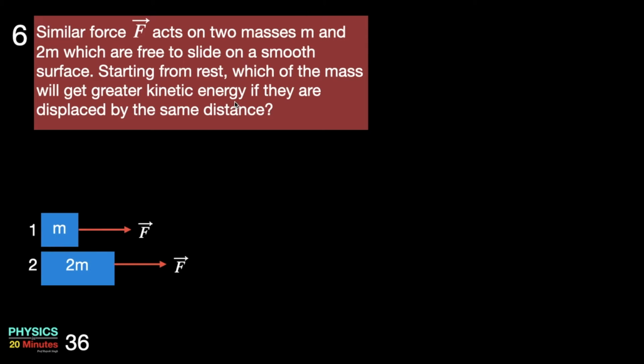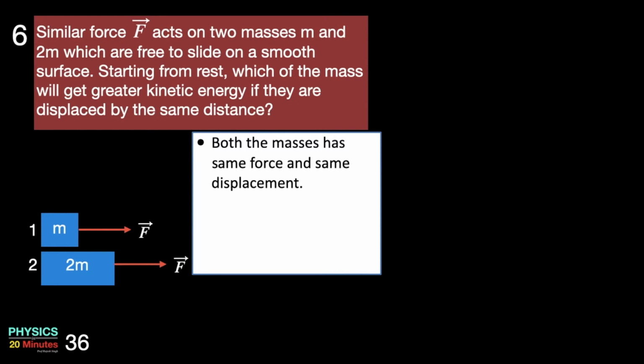If you do it from Newton's law, it looks like a tricky question, because the small mass will undergo larger acceleration and the larger mass will undergo smaller acceleration. So it becomes tricky to guess the final kinetic energy. However, if you look at it from the work-kinetic energy theorem, the work done is the same in both cases because force and displacement are the same. So the gain in kinetic energy has to be the same. In both cases, the force and displacement are identical, so work done is the same, and the gain in kinetic energy will be the same.